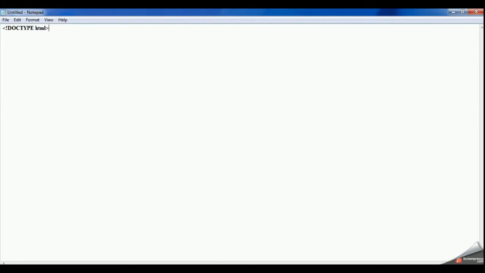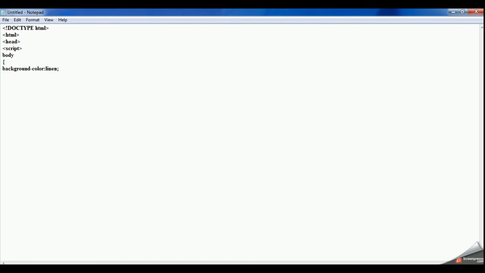So again doctype HTML, then your root tag HTML, after the root tag then your head section. In the head section you will be writing your style. So this is called an internal style sheet. If I am writing my HTML tags and my CSS in the same page, that is your internal style sheet. I am not saving it anywhere else. My HTML and CSS both are written in the same page.